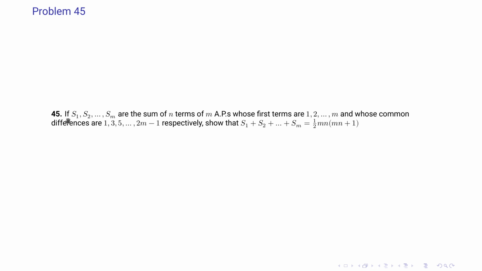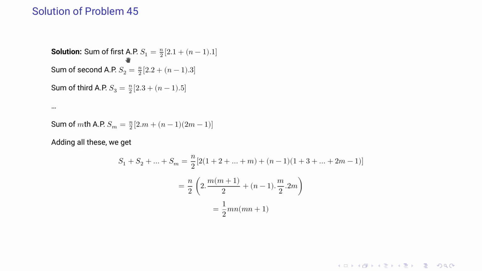Problem 45 says that if S1, S2, up to Sm are the sum of n terms of m APs whose first terms are 1, 2, up to m and whose common differences are 1, 3, 5, up to 2m minus 1 respectively, show that S1 plus S2 up to Sm is equal to 1 by 2 mn into mn plus 1. So the sum of the first AP is n by 2 into 2 into 1 plus n minus 1